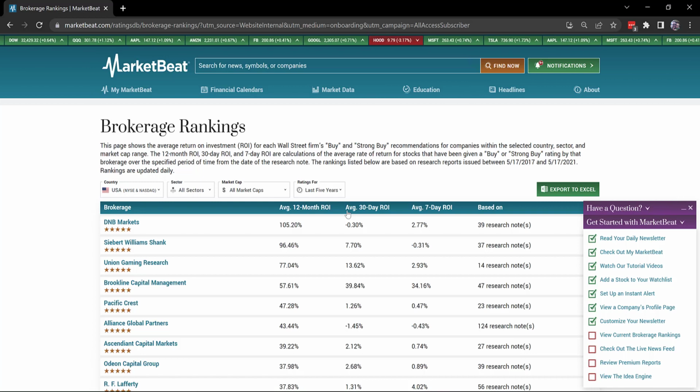The 12-month ROI, 30-day ROI, and 7-day ROI are calculations of the average rate of return for stocks that have been given a buy or strong buy rating by that brokerage over a specified period of time from the date of the research note. The rankings listed below are based on research reports issued between 5/17/2017 and 5/17/2021. Rankings are updated daily. So here's where you can change your country, your sector, your market cap, and the ratings